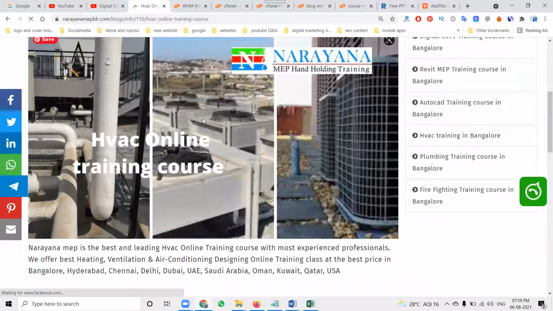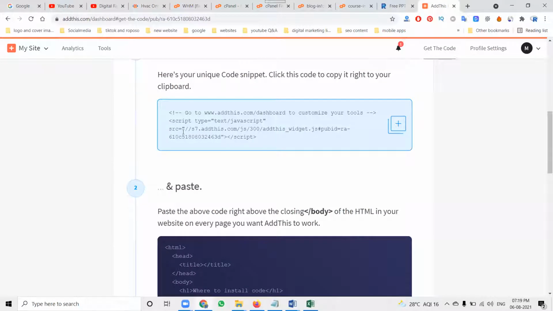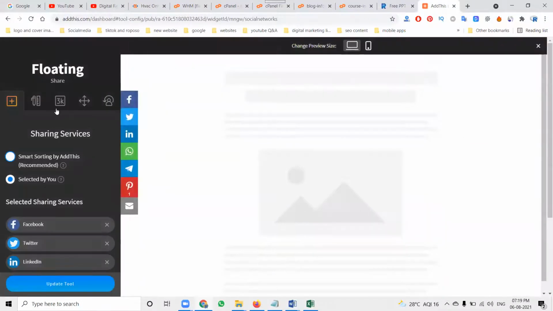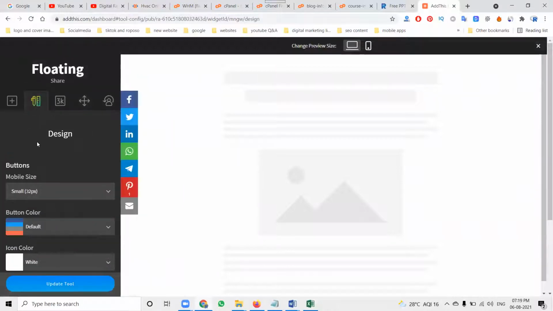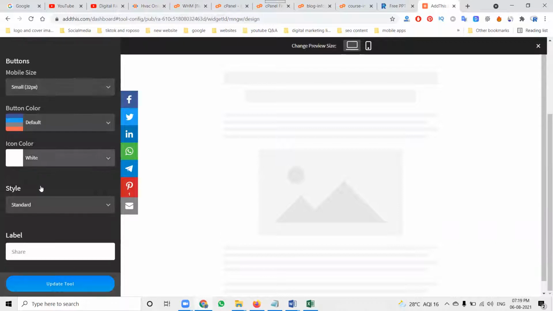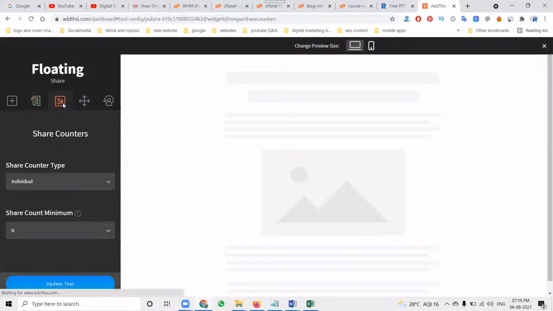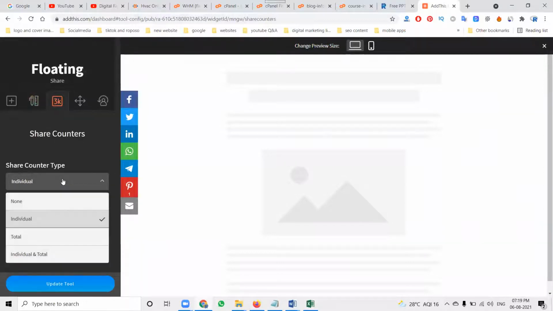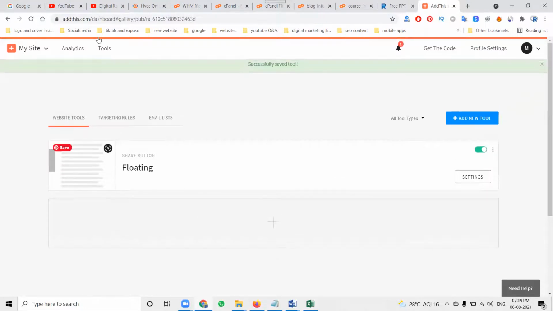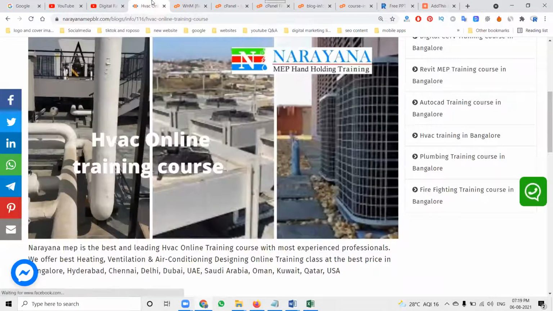See this particular option. Next, go to tools. You can change anything in the setting option. Medium, standard. Here we can choose individual, none. None, nothing, but update it. We can change this option.